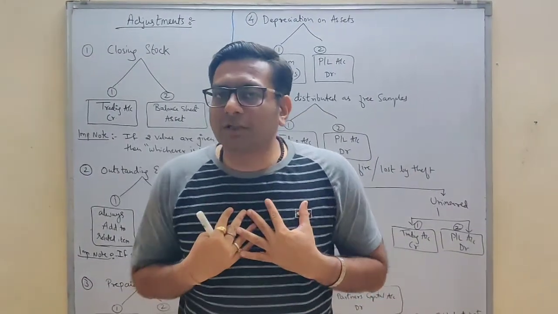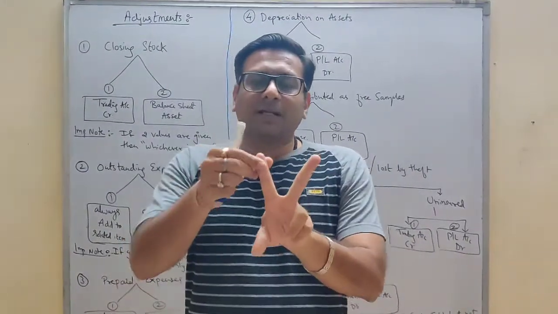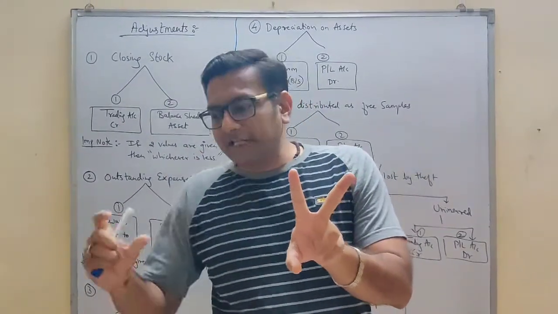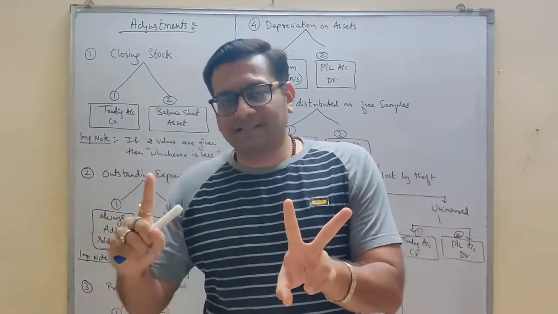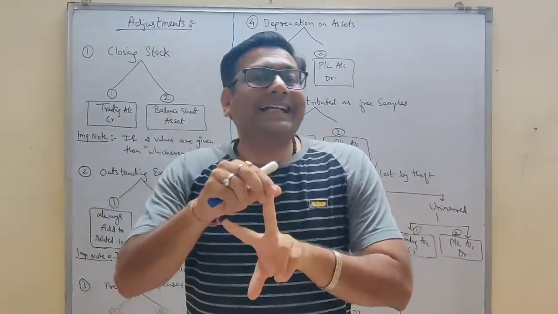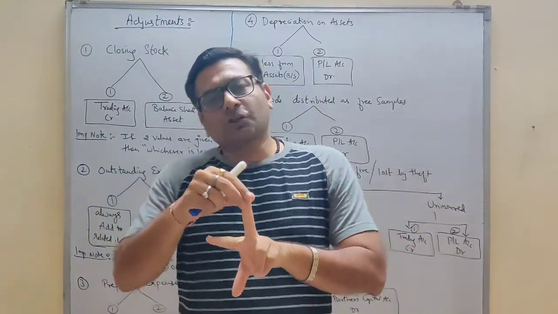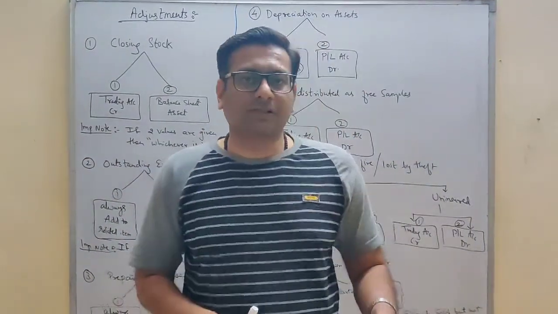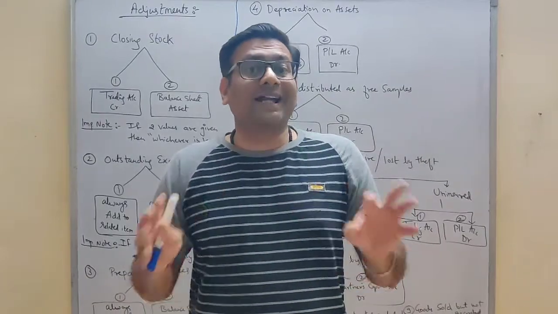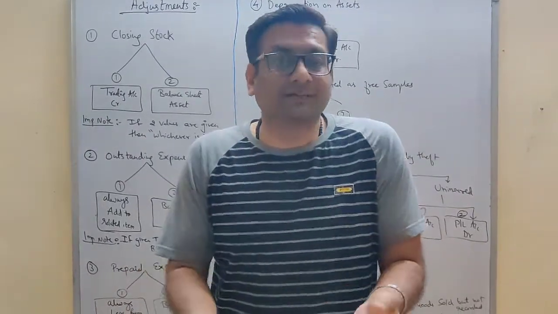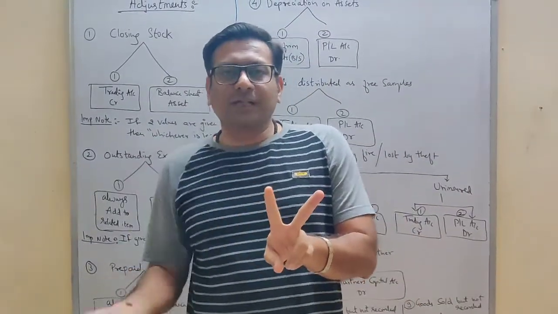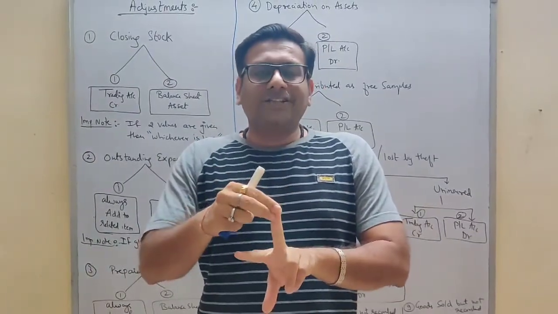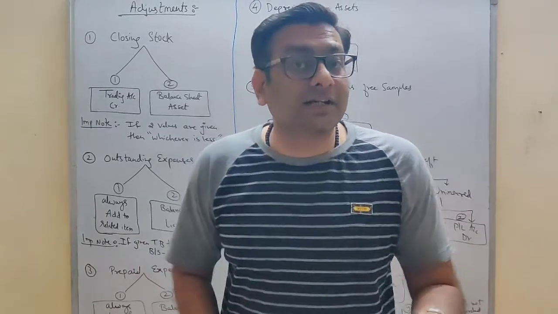So what we have concluded till now, students, is that all trial balance items you are going to write in your final account once. And additional information, which we also call adjustment, you are going to write two times in your answer. But have you understood the reason I have explained? Trial balance, why once only? Because it is already recorded in the books of account. Why do adjustments have two effects? Because they are unrecorded.